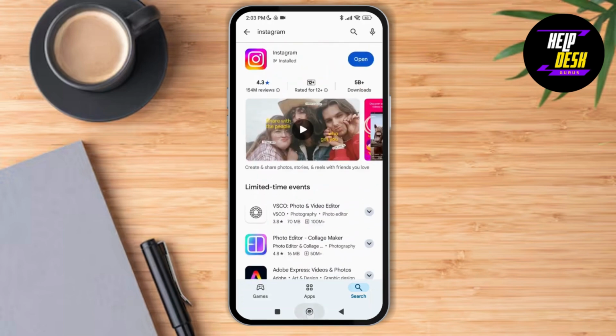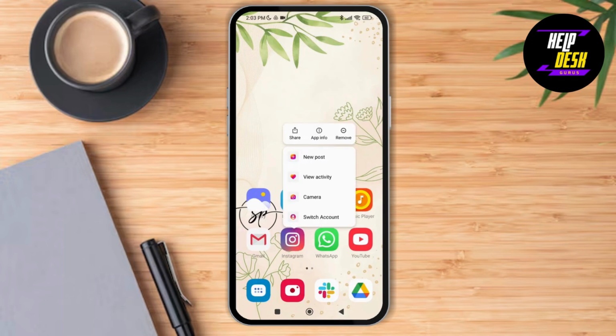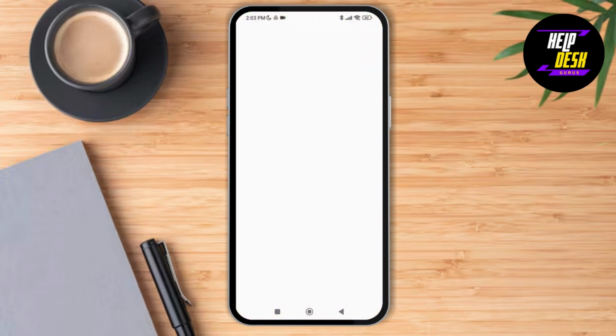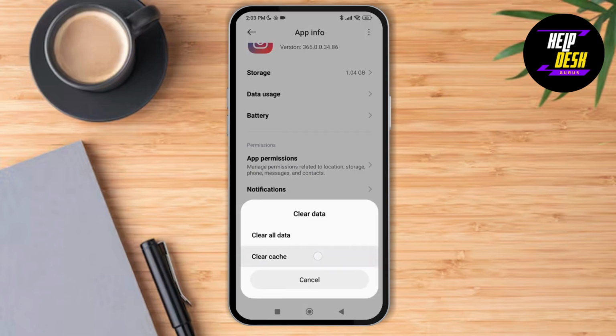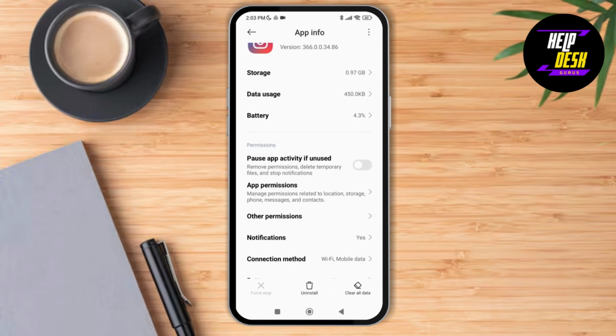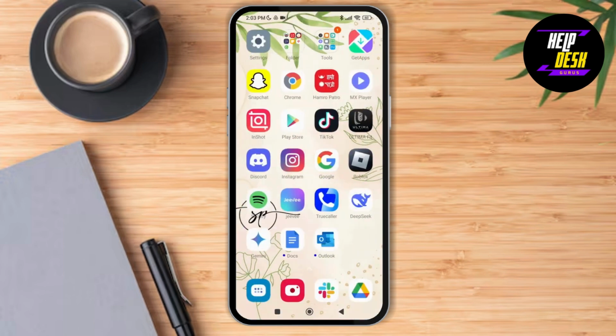So we're going to go back and then make a long press on the Instagram application itself. As you do that, tap on App info and it will lead us to a new page where you'll be able to see the option of Clear data at the bottom right corner. So just tap on it and then clear the cache, then tap on OK. As you do that, you can now relaunch the Instagram application, and if that does not fix the issue, you